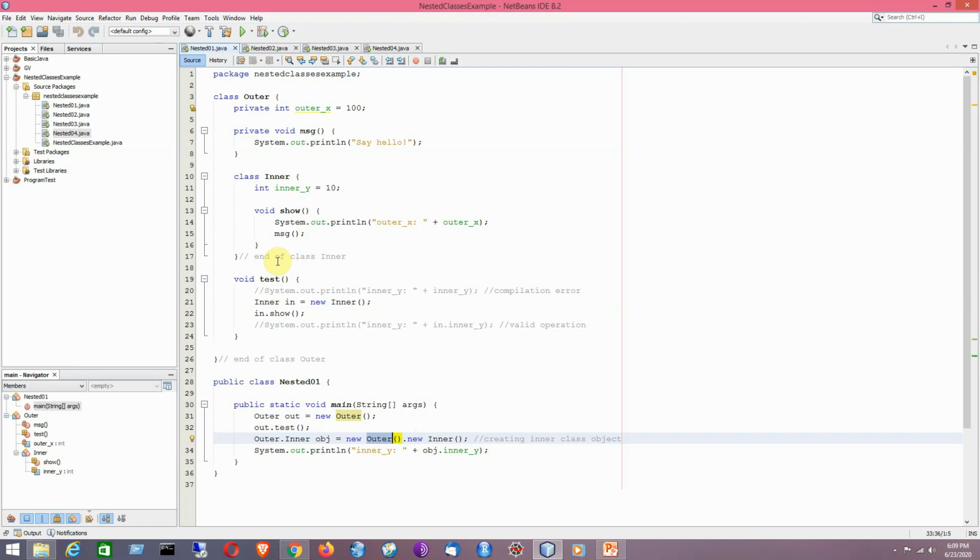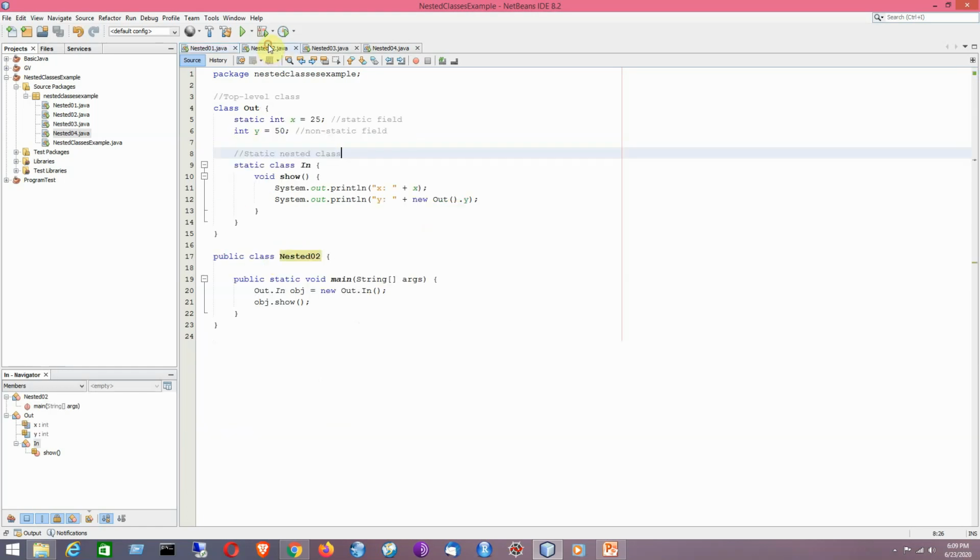Now I will be moving to the next topic, that is the static nested class. So that is a second example. Static variables and static methods are also called class fields and class methods.